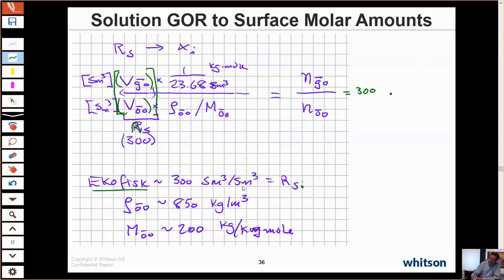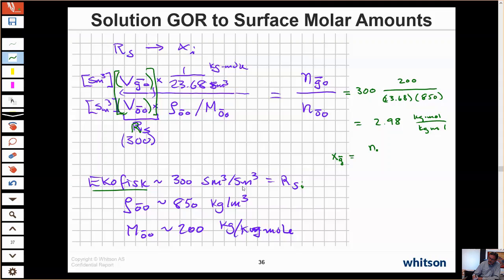And then up on top, we're going to bring the molecular weight, 200 kilograms per kilogram mole. And down below, we've got the 23.68. And then we've got the density of 850. And I believe this is close to about 3. Yeah, 2.98. Okay? And that's kilogram mole per kilogram mole. Okay? So the mole fraction of surface gas component,